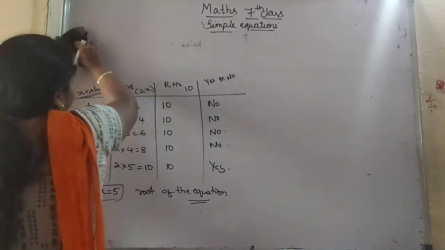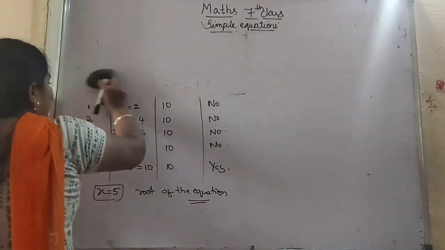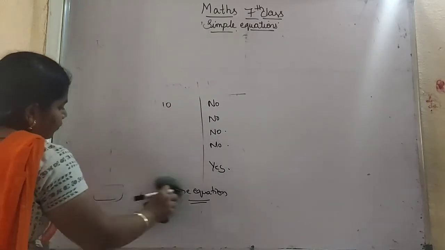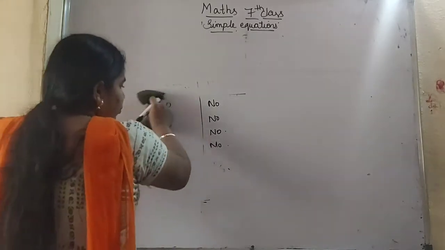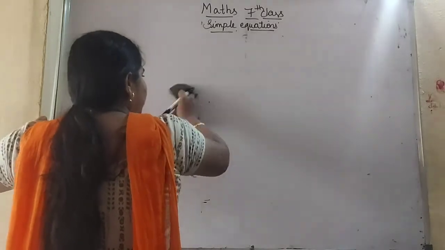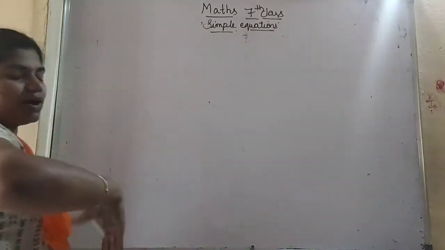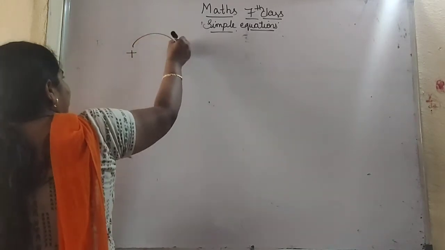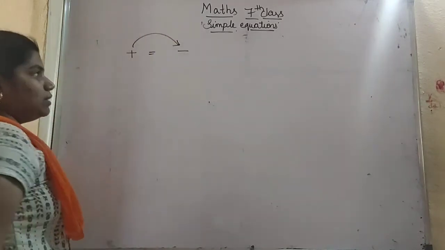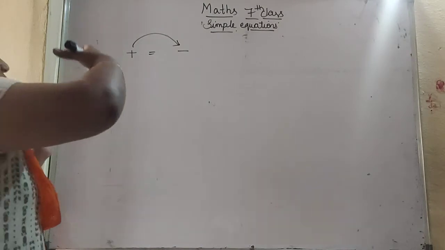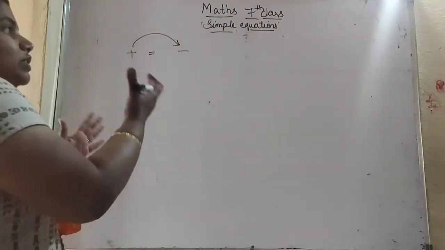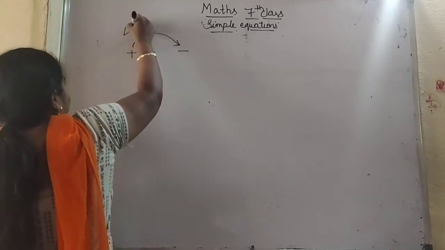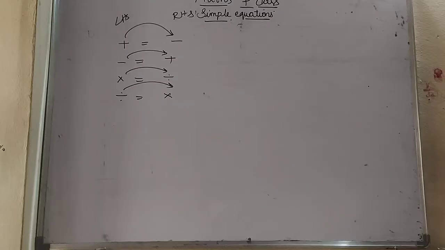Transposing method. So what do you mean by transpose? Transpose is nothing but changing the symbols from one side to the other side. So what do you mean by transposing? Transposing is nothing but changing the numbers from one side to the other side. If you transpose plus to the other side, that will be converted to minus. Okay, from this equal to sign, from the LHS part, we are transposing to the RHS part. So this is the LHS part, this is the RHS.